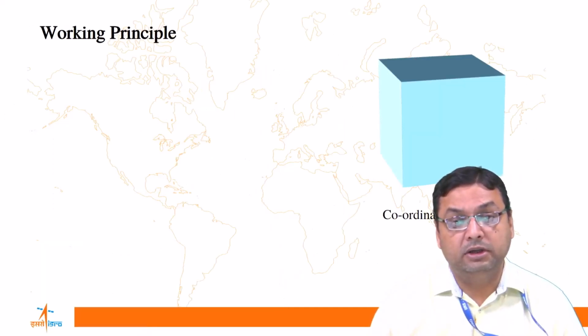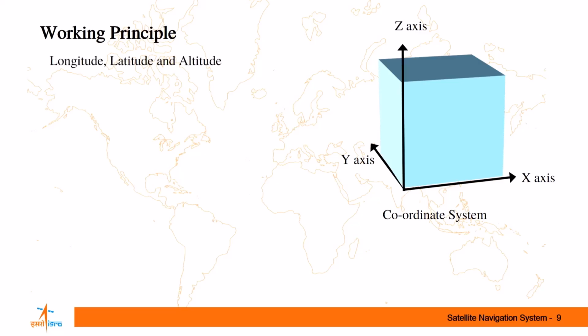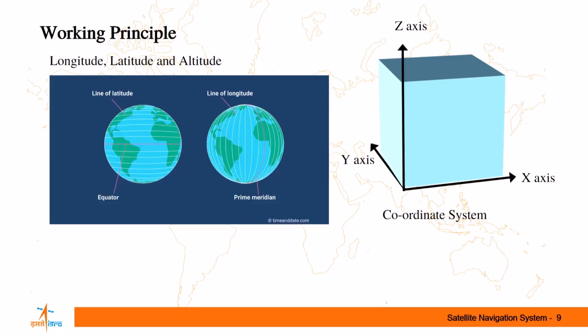In this, we are using the right-handed coordinate system, wherein the x-axis is from the center of the earth towards the Greenwich meridian, and the y-axis is perpendicular to that, and the z-axis is perpendicular to the xy plane. So it is a right-handed coordinate system which is being utilized in the GPS. So this provides us in geographic coordinate system the latitude, longitude and the altitude, whereas in case of the UTM